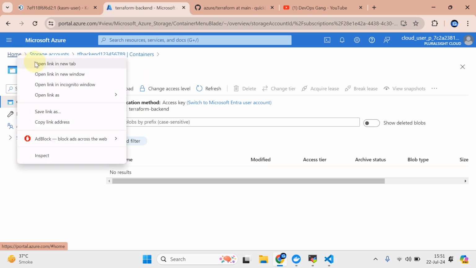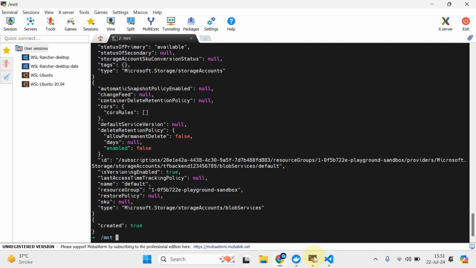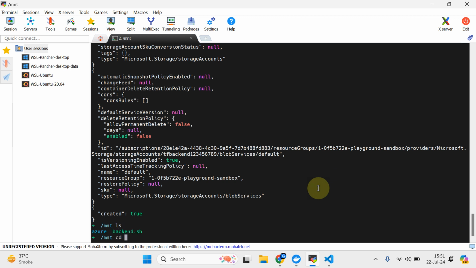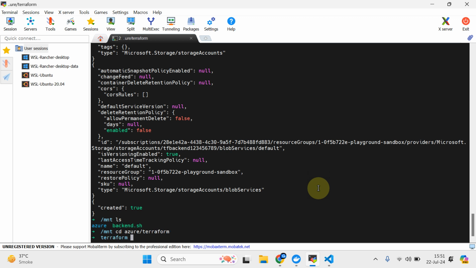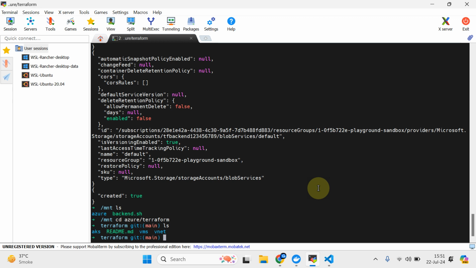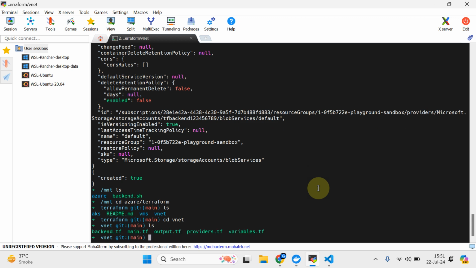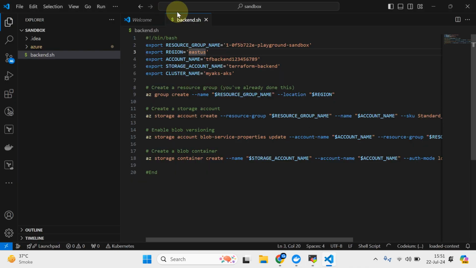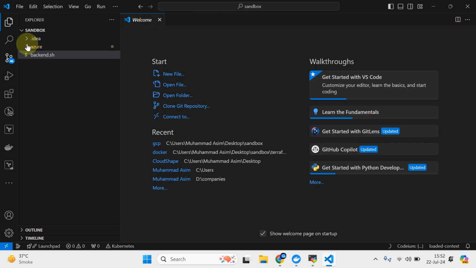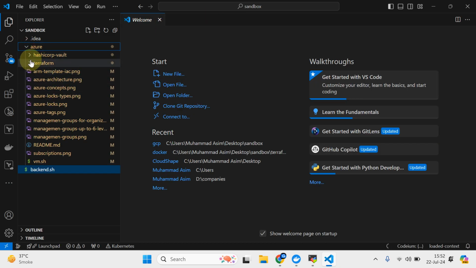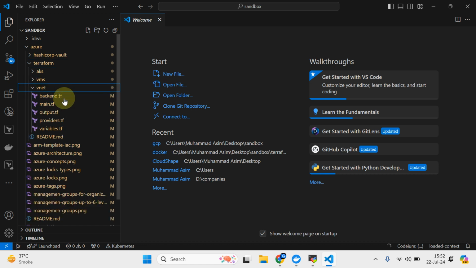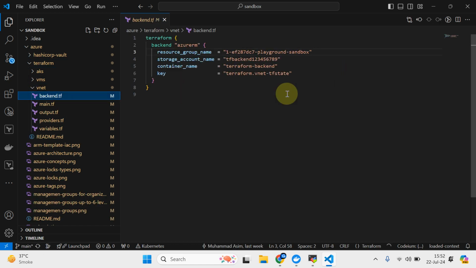Now what we are going to do is open one more tab, and do ls here in Azure Terraform, and here you will see three directories. Currently this video is regarding the VNet, right? And we are going to do ls here. You need to update some of the stuff. Let's do that. If I click this and navigate to the Terraform VNet section,